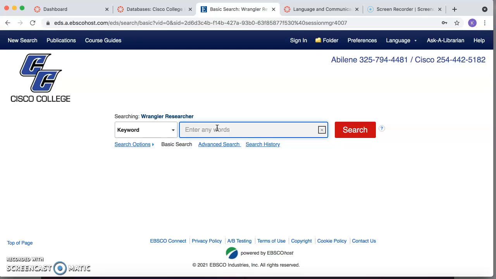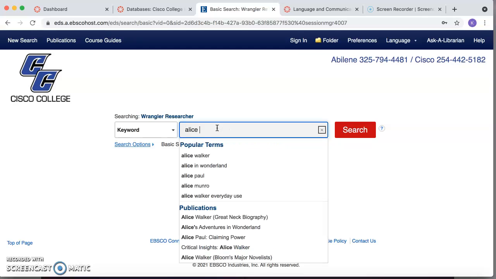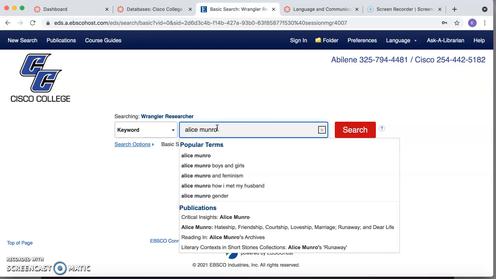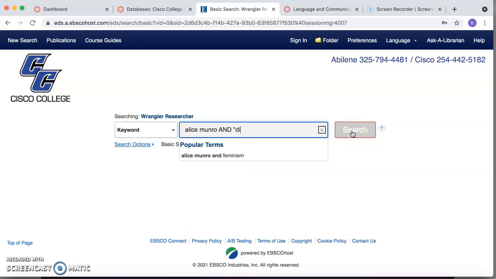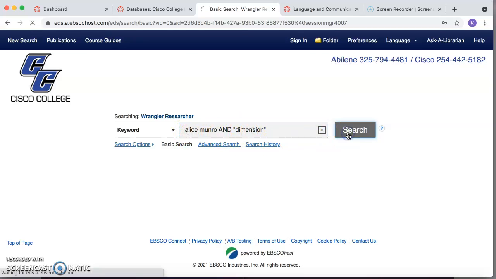But for now, just to keep things simple, I'm just going to look up the author of one of the stories that you might have read, Dimension, Alice Munro. And Dimension, if I put "and" in all caps, it will bring up every article or source with the term Alice Munro and Dimension in it. So when I hit search,